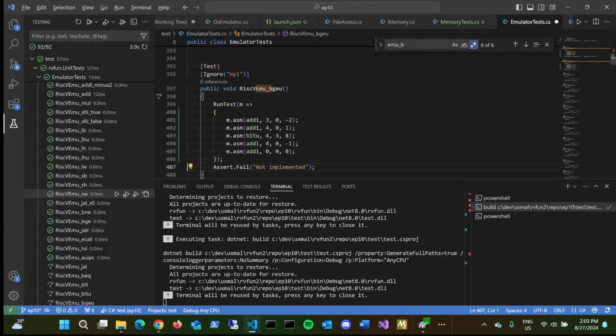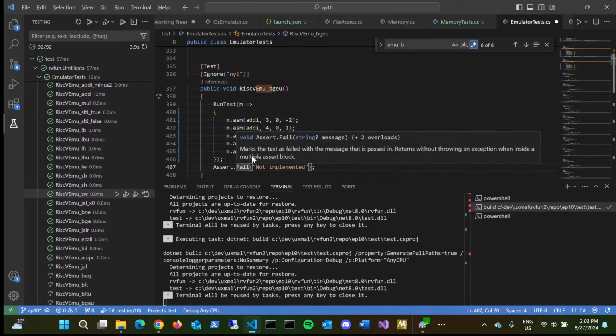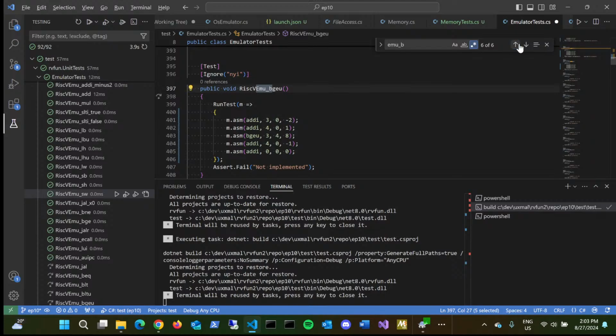Okay, so here we want to change this to BGE, which is greater than or equal to unsigned. So here again, we want to make sure that register 3 is larger than register 4. Does that make sense? Yes. Because register 4 is a very small unsigned number, 1, and register 3 is that large 2 to the power of 32 minus 2 that we saw before. In this case, we then should have the result